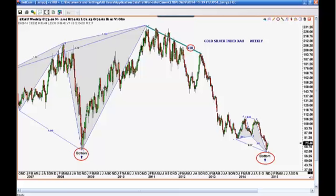But anyway, that double bottom came in perfectly. We took the low out by just, I think, 30 cents from October of 2008, and during November of 2009, we made a lower low, I think by just a few cents, and now we've rallied a little better than 10% in the first 7 or 8 trading days of this particular time. So there's a very strong probability here that we've had a pretty good low being made in both gold and silver,